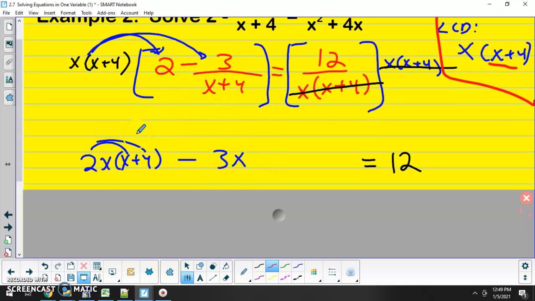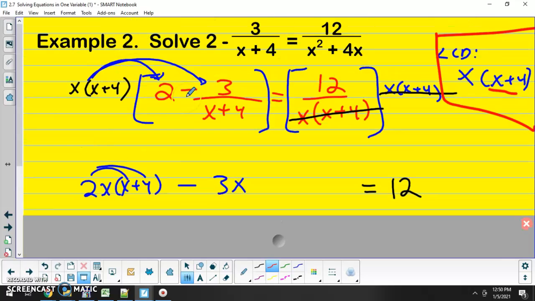Okay, so the 2 will have both factors, x and x plus 4. The minus 3 over x plus 4 will lose the x plus 4 factor because that will cancel out, but you will still have that x factor remaining. So you have to be careful to cancel out the stuff and distribute. You want to distribute, then cancel. You don't want to cancel, then distribute. A common error would be canceling these x plus 4s and only distributing the x,